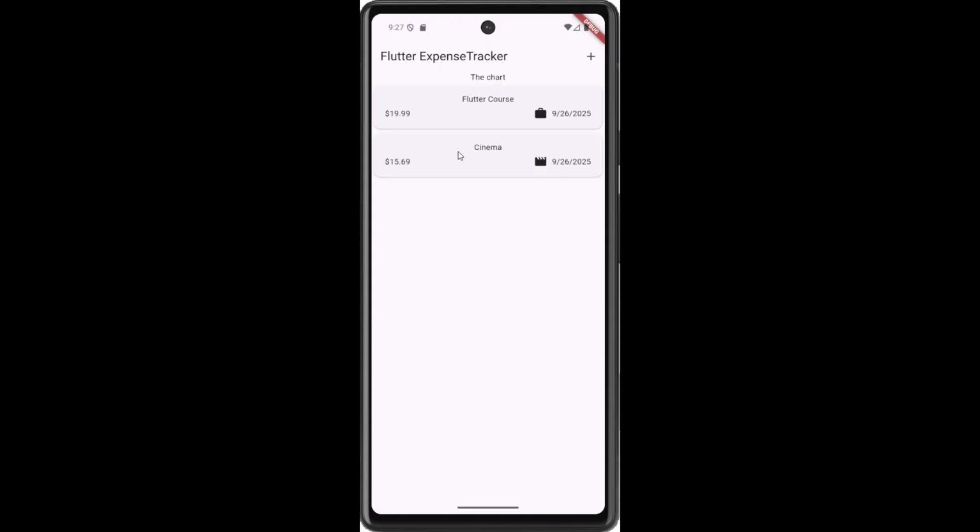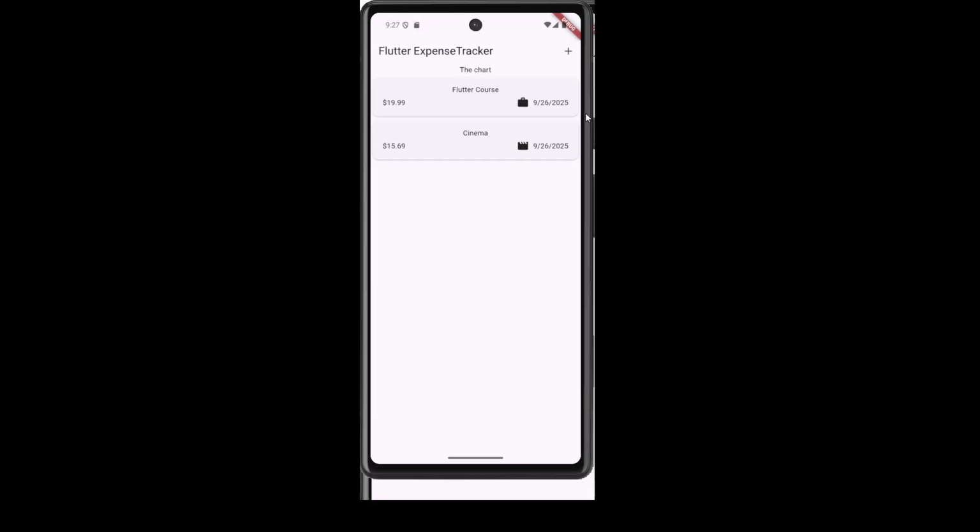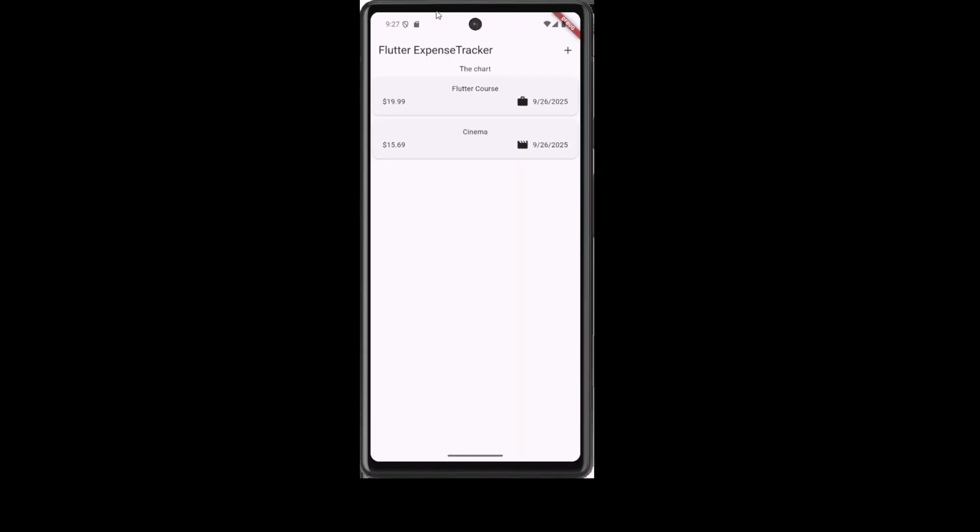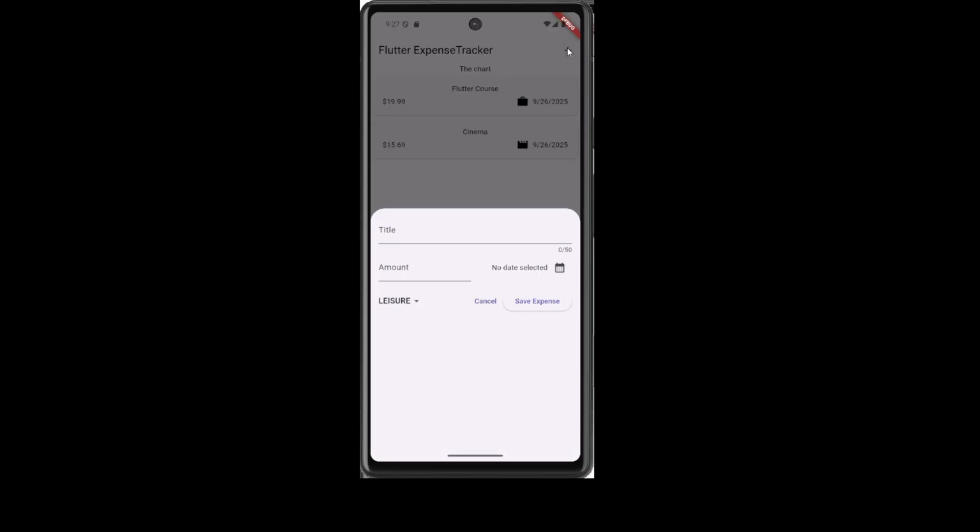So it's taking the current date. And we have cinema, which is leisure, but it has this icon here. I'll show how to get the icons after this. But a very simple looking app right now. But you can get this plus sign, and then you could type in your own title for your new expense,